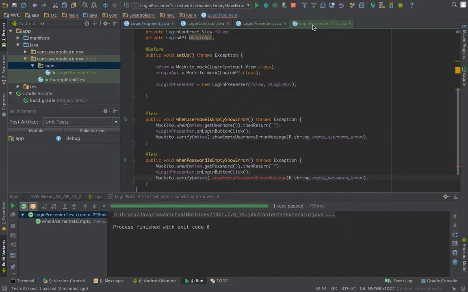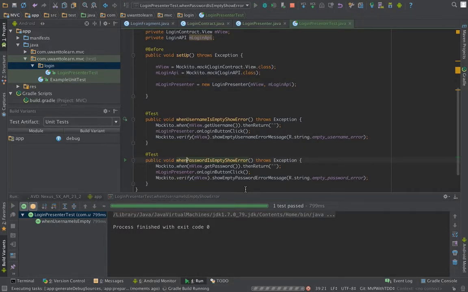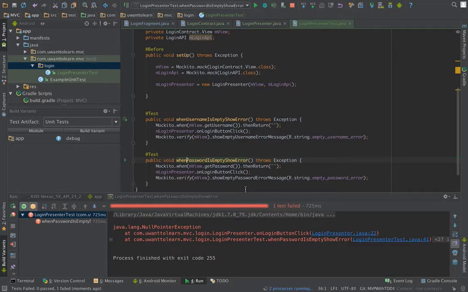And now I need to run and check our test. Okay, now I'm testing again. Now I'm running only this method, so I will right click on this method and start. Then when password is empty. By using this, I'm only running one unit test at a time, not a complete class. And yeah, it's saying null pointer exception now, it's broken down